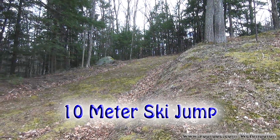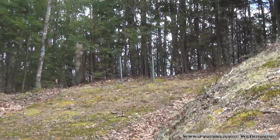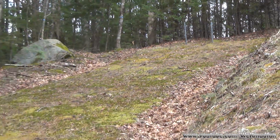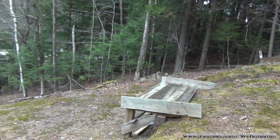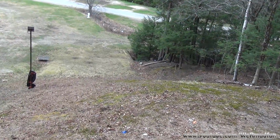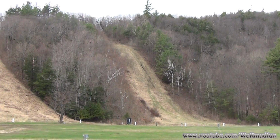And this is the 10-meter jump. Start from those poles, come down, jump from here, and land down there. This would be the view from where, well, what is now a campground, of the 70-meter jump